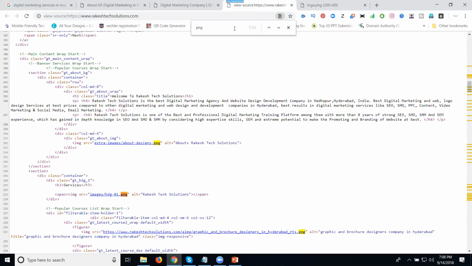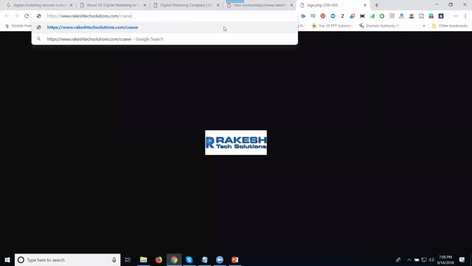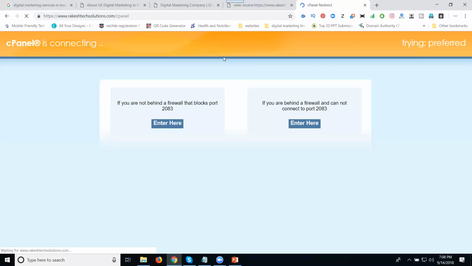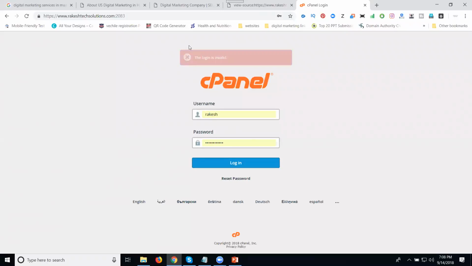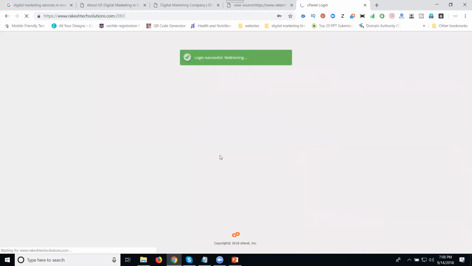If you open any cPanel, go to your site and select the option called cPanel. So your task is, I'm changing one specific image name on my home page. Just log in here.